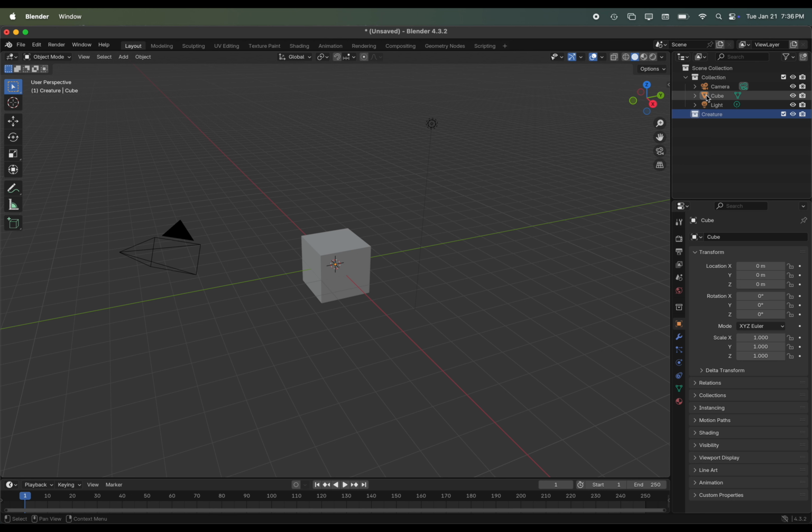And I'm going to keep the cube this time, but I'm going to be moving it to my creature collection instead of the default collection with the camera and the light. I like to keep those separate so that I can temporarily toggle them off when I don't actually need to use them. And I'm going to give the mesh object itself a descriptive name. My creature is going to be called Harry, so that's the name I'm going to go with. You can go with whatever you want.